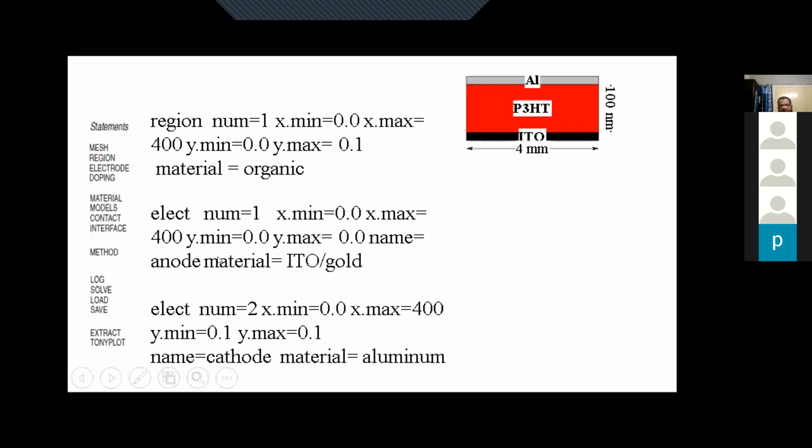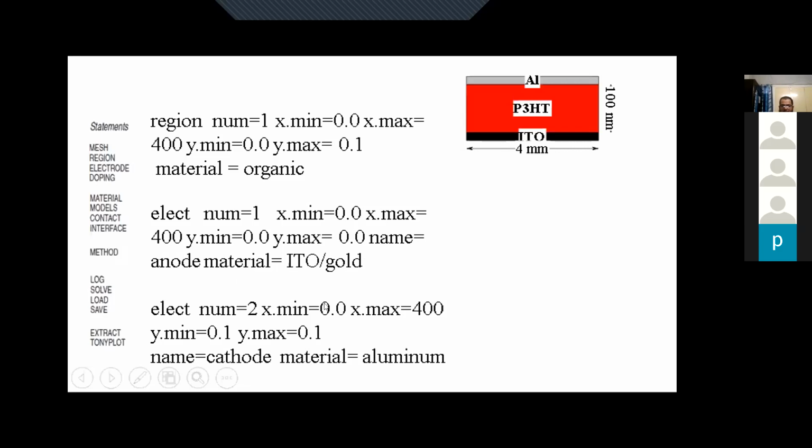Now the material, what is it made up of? So you can write here ITO, because in fabrication we have ITO, or we may even write gold. So that is not significant. But yes, these names should also be familiar to the software: aluminum, gold, and all that. So we can write gold also. Later on, when we define the work function of the electrode, then it will correspond to the electrode that we require. So later we will see.